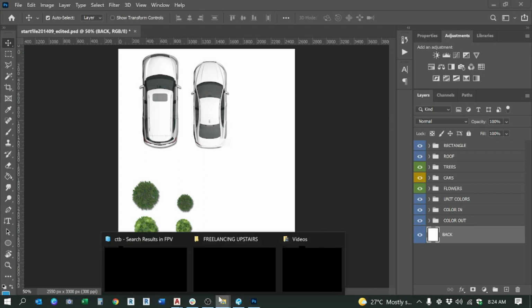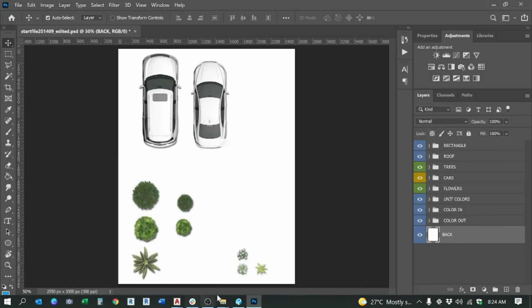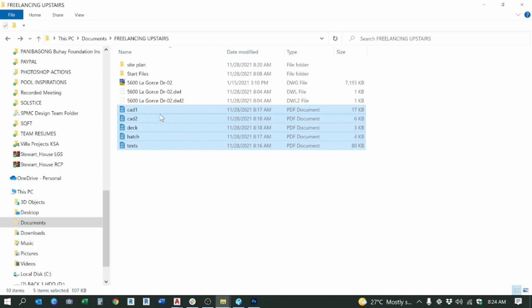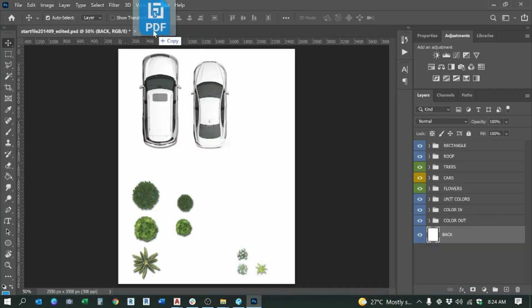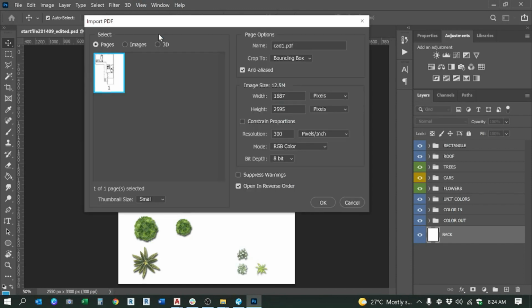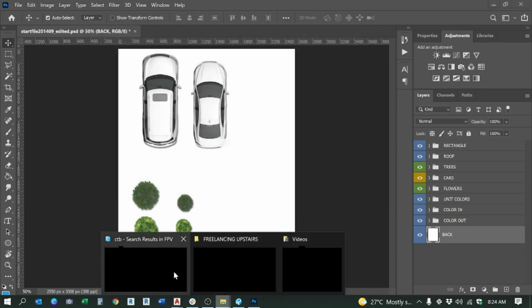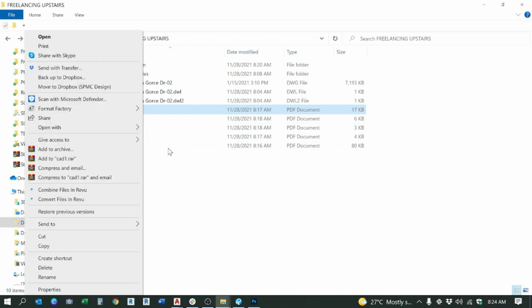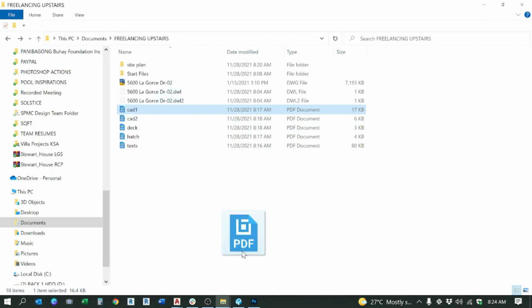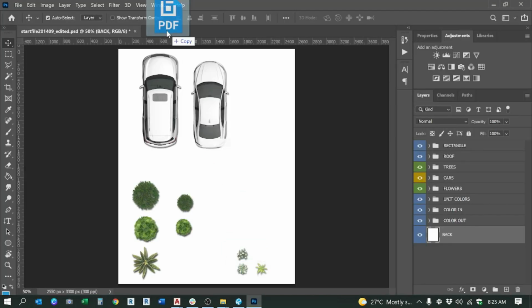So to start the floor plan in Photoshop, we'll just select these PDFs and then drag to Photoshop and then click here. No, sorry. We'll just open this CAD 1 first. Okay, so just open this in Photoshop, just drag and then drop here. Not here, not here, not here, just here. Okay,